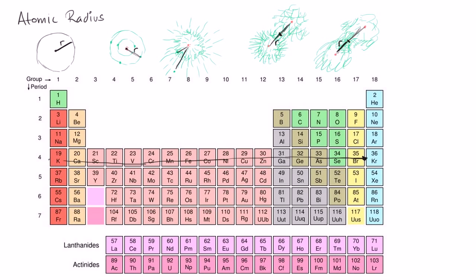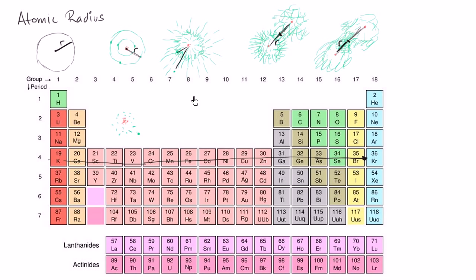Well, when you're at potassium, you have 19 protons, and you have 19 electrons. But you only have one electron in that outermost, that fourth shell. Let's just say that's that electron at a moment, just for visual. It doesn't necessarily have to be there, but just to visualize that. So that one electron, you have 19 protons, and so you have some Coulomb force that is attracting it, that is keeping it there. But if you go to krypton, all of a sudden you have much more positive charge in the